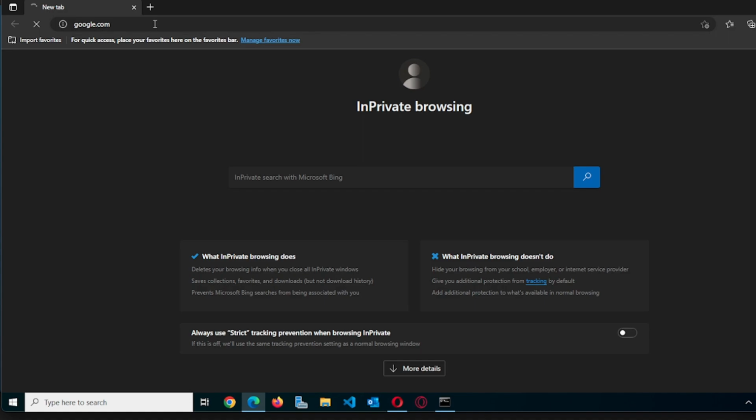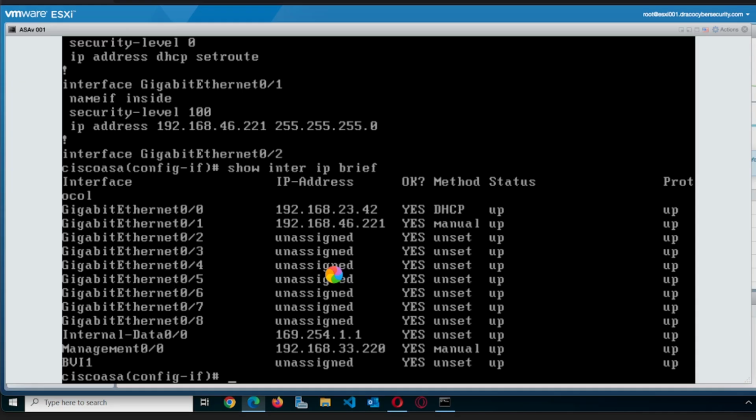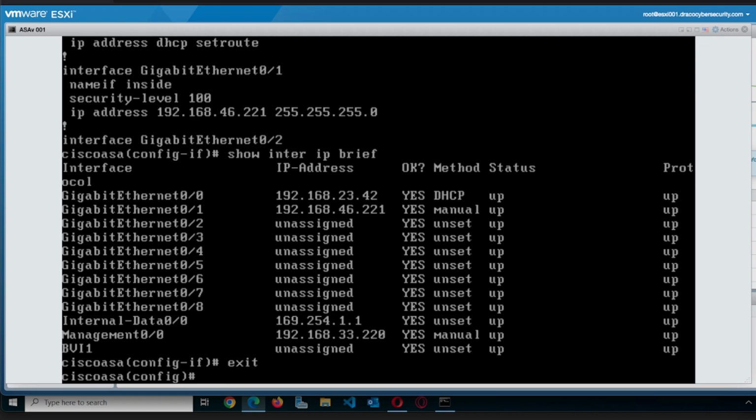Now, the command to configure NAT is very straightforward for a lab environment when we are doing a dynamic PAT, right? Which is a sort of port address translation. We are translating the inside IP address to the outside IP address using a port that is being assigned, because we don't have a range of IP addresses, especially in a lab environment. To do that, let's exit out of my interface. First, what we need to do is to create the object called my inside